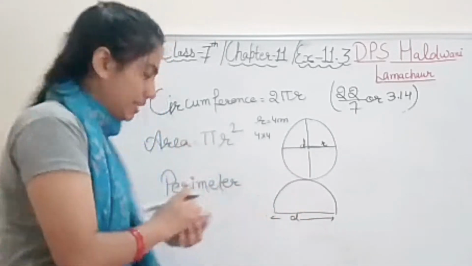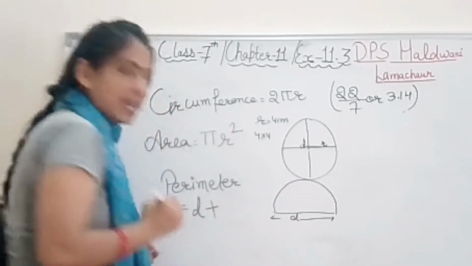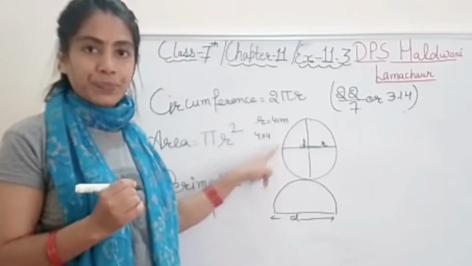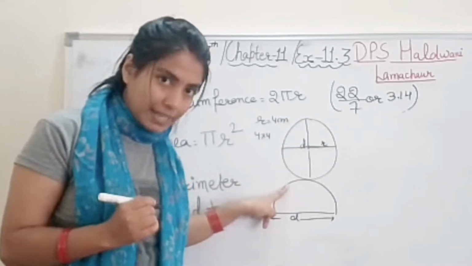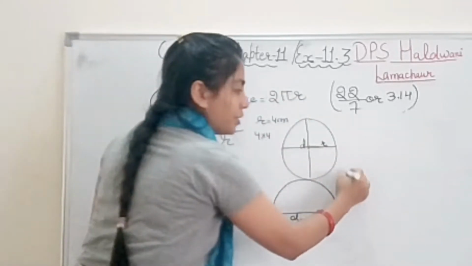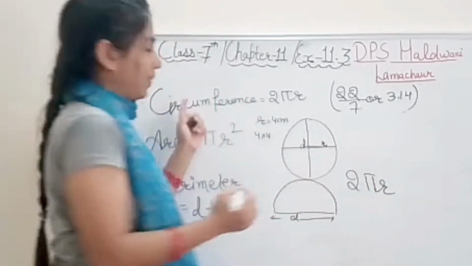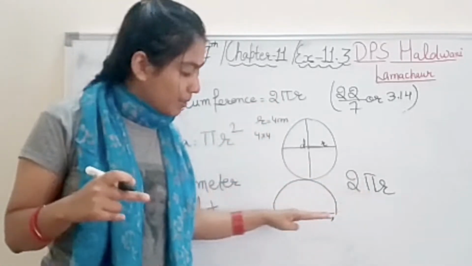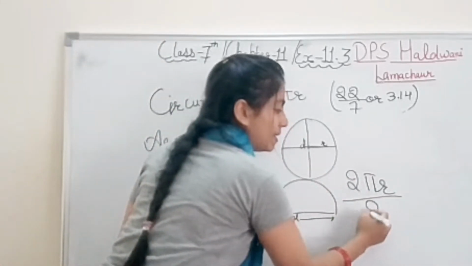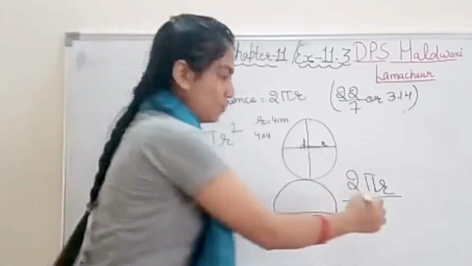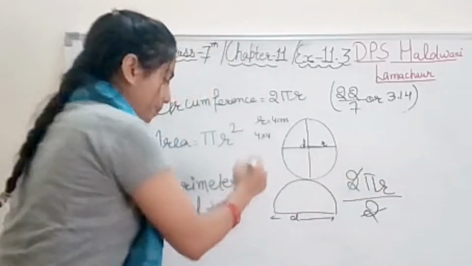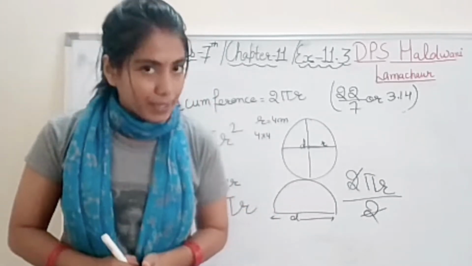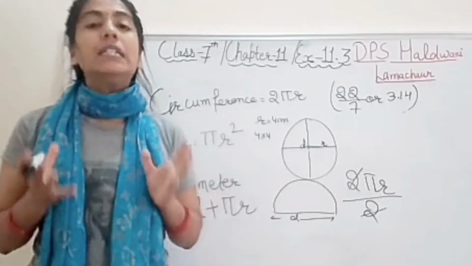So this is diameter. So diameter plus, and what else? This circle. The full one is called 2 pi r. We know, no? Circumference means total circle, total perimeter. So total is 2 pi r. Now it's half that we talk about. So semicircle means half. So 2 cancels out with 2. So it means plus pi r. Right students? It is not a craving. It is coming with logical terms.